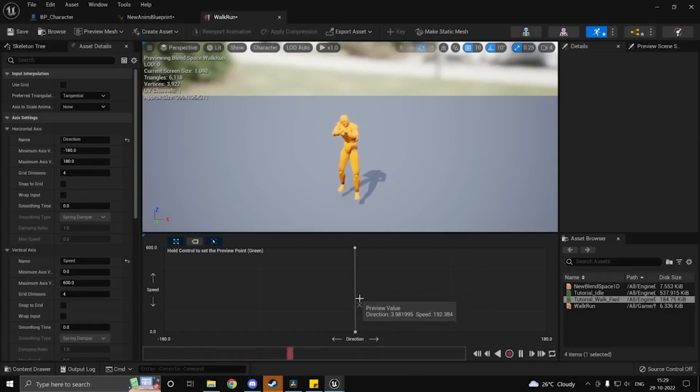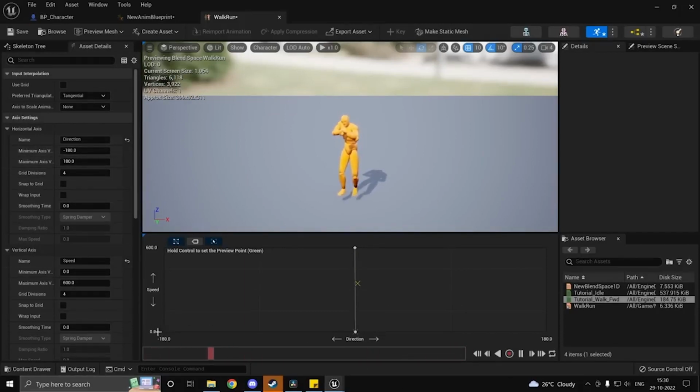So if I play, as you see, if you're walking slowly, let's say I leave it here. When my speed is 373 and my direction is whatever that is, this is how the animation is going to play. Now if you want this to change a little bit, you can increase or decrease the values